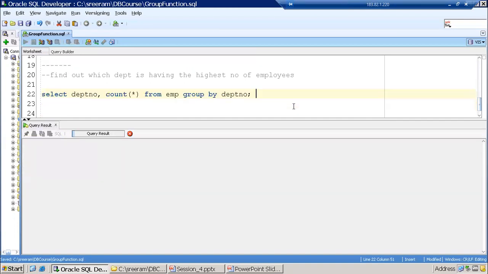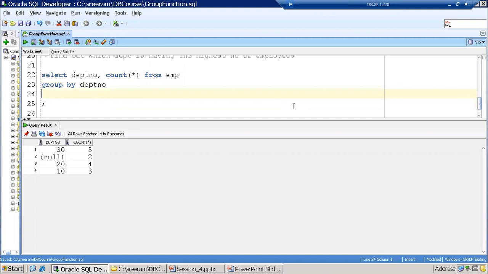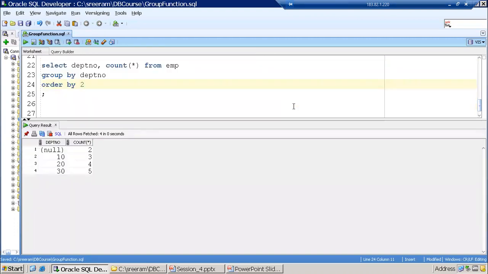Now what will it give you? It will give you all the data, but we don't want to display all the data. Then we have to add the order by clause here. First of all, I will sort the data by order by 2 descending.